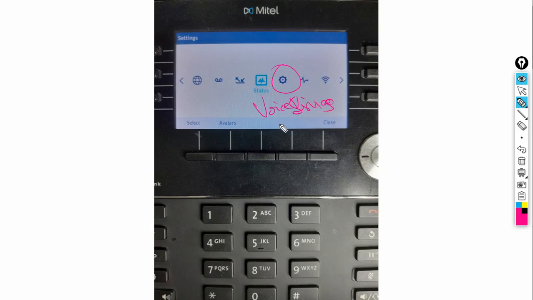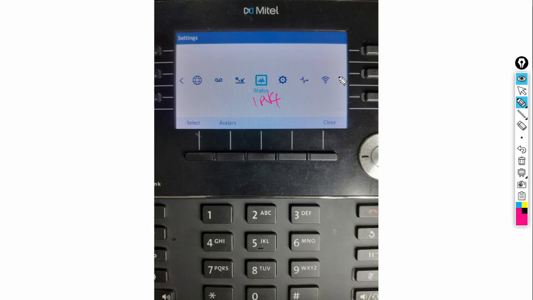Here on voice services, you are able to change the firmware. For instance, to upgrade the firmware, you are able to connect to the Mitel cloud. You are able to connect to the MBG. So all those settings are there. Then you are also able to connect to Wi-Fi. If this is a Wi-Fi enabled device, you will then be able to connect the phone to Wi-Fi. And also there is IPv4, IPv6